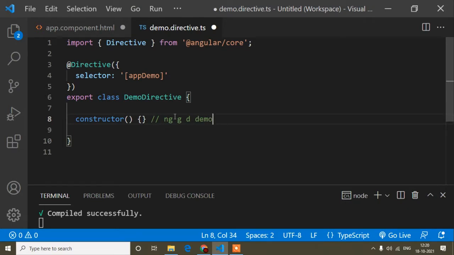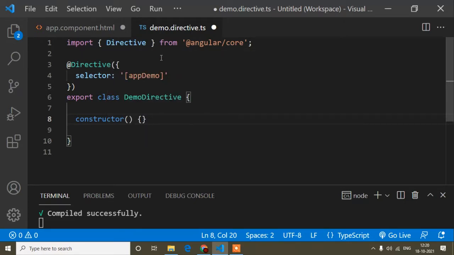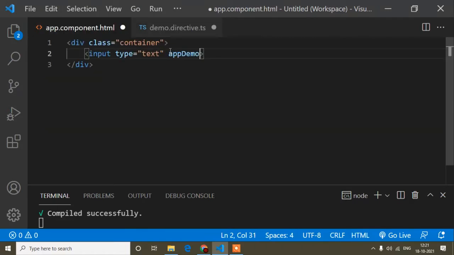After writing this command and running it, I got this directive, which I already created. In your case, you have to create a custom directive. If you have already created one, then you can use that particular directive. After creating a directive, you can see in the selector I'm getting a directive name. I will use this directive name inside this input field, because I want to validate this input field, right? So I hope it's clear, I used this directive name inside this input field.